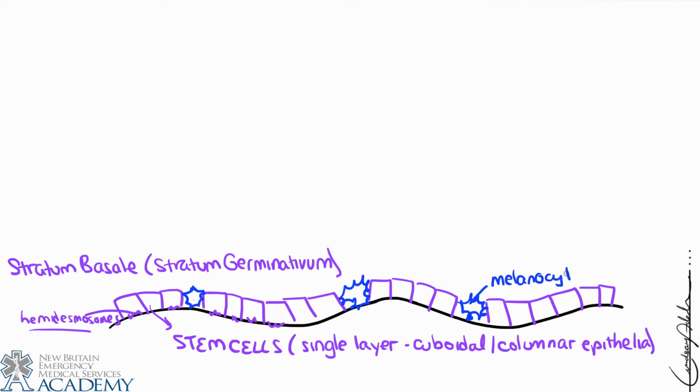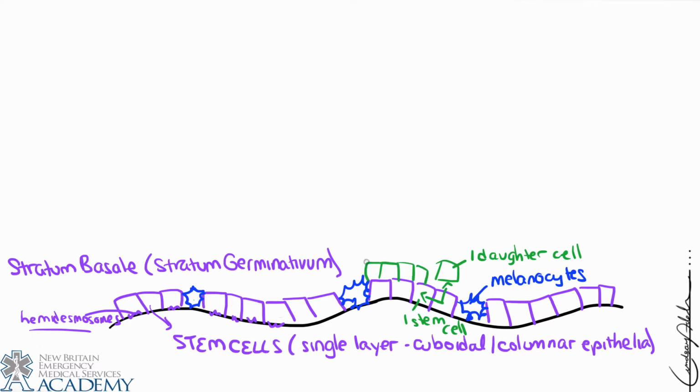And we also have a small abundance of melanocytes, which is going to produce the coloring of the skin. Because this is a layer of stem cells, a cell will divide, and one of the 2 cells will remain a stem cell, and the other cell will differentiate into a daughter cell, and as it does so, it's going to move upward to the next layer. These cells, as they move upward and differentiate, will fill with keratin, which is a durable protein that's basically waterproof, and it is what largely contributes to the waterproof nature of the